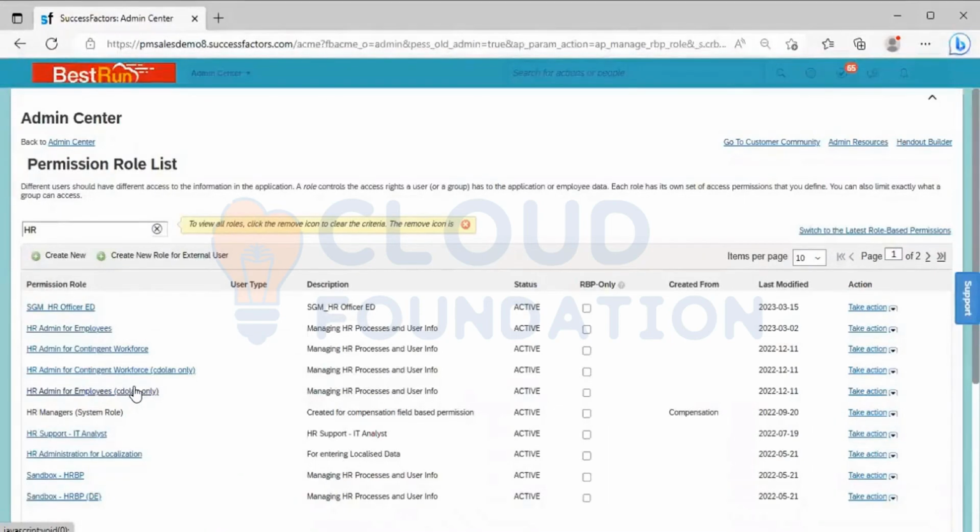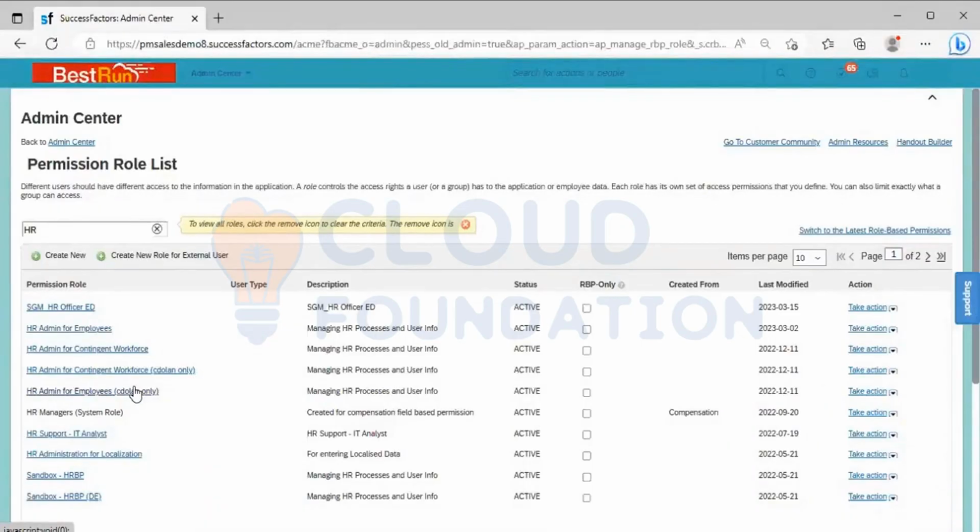Role specific means, HR admin is a role, right? You can have a role which is specific to payroll. Payroll also will be a role. Performance manager, performance means that is related to performance appraisal. That is also a role. Apart from that, you have compensation. Compensation is also a role.